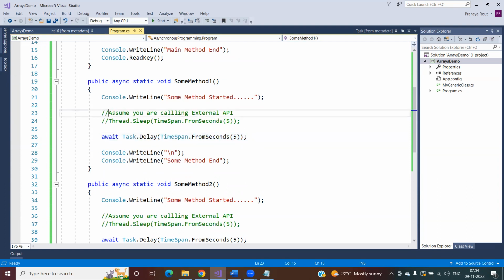We are using asynchronous programming when we are dealing with some external application. So in this case, we are assuming that we are calling an external API, and for that purpose, I'm making this method async, and I'm using the await operator. And what are the advantages we will get here? Now, once it calls the external API, it will not wait till the response is back, right? The thread which is calling the external API,